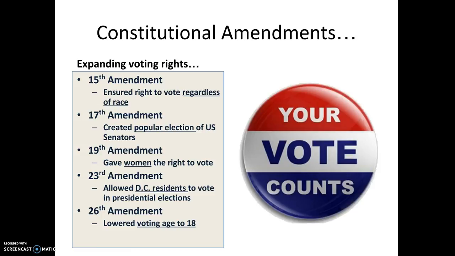So if you think back to where we started from and consider all of these amendments that have expanded voting rights to this point, you can get the full picture of what suffrage looks like in this country right now, where you don't have to be a certain race, you don't have to be a certain gender, you do still have to be 18 years old or older, but a lot of the restrictions that were in place in the early days are no longer in effect in keeping people from voting.